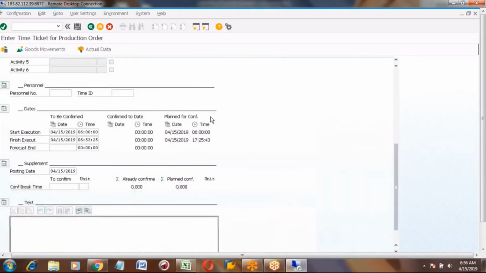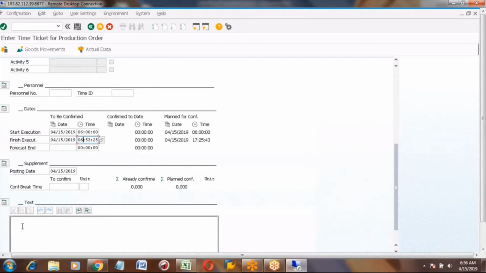If you want to enter some details, if the employee is there, he has the employee number, so he can enter that number. And here, if they want to change the timing, you can enter the time also. These are actual times when they started assembling and when they finished this assembly.